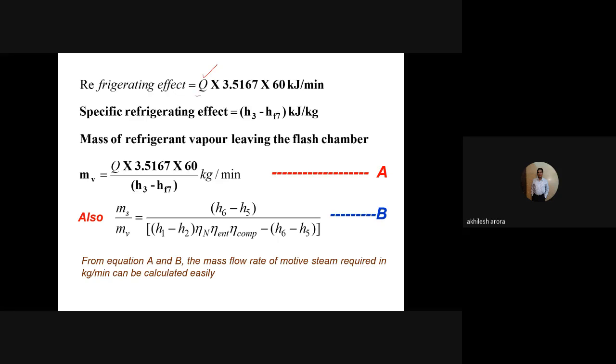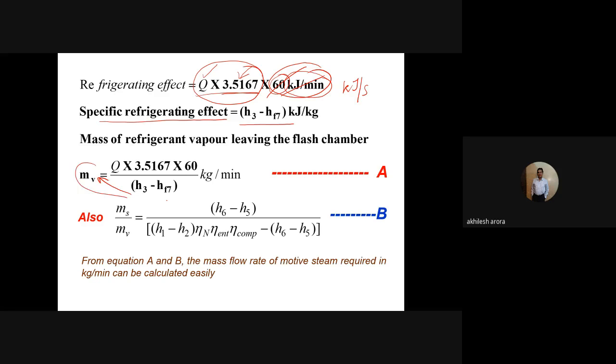ये TR है, इसको मैंने टोटल किलोवाट में कन्वर्ट किया, उसको 60 से मल्टीप्लाई किया, तो ये टोटल रेफ्रिजरेटिंग इफेक्ट आया किलो जूल पर मिनट में। अगर आप किलो जूल पर सेकंड में लेना चाहते हो तो यहाँ पे 60 मत लगाओ, तो ये हो जाएगा किलो जूल पर सेकंड में 3.5167 से मल्टीप्लाई करके। स्पेसिफिक रेफ्रिजरेटिंग इफेक्ट कितना है, H3 माइनस H7 है। मास ऑफ रेफ्रिजरेंट कैसे कैलकुलेट करेंगे, ये जो टोटल कूलिंग इफेक्ट जो हमने टेक केयर करना है, इसकी वैल्यू को हम मल्टीप्लाई कर देंगे, ये देखो ये MV इंटू H3 माइनस H7, ठीक है। तो अगर मैं